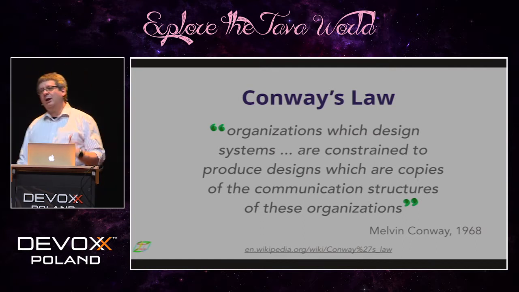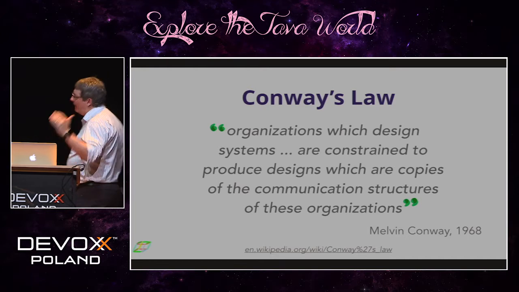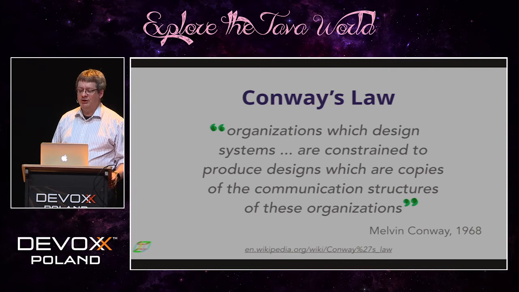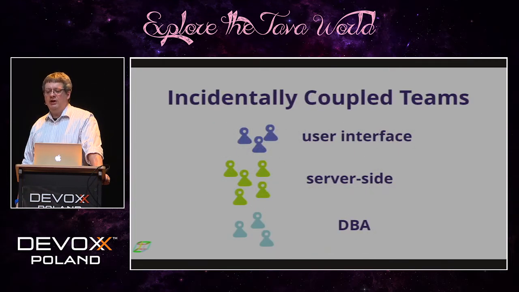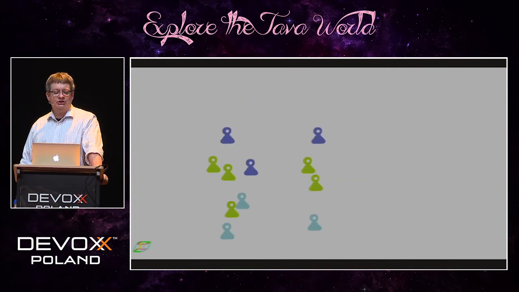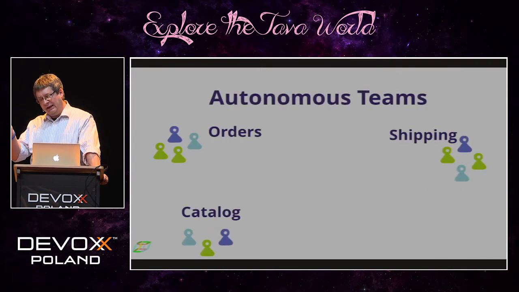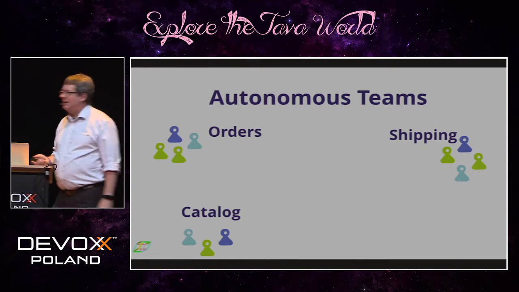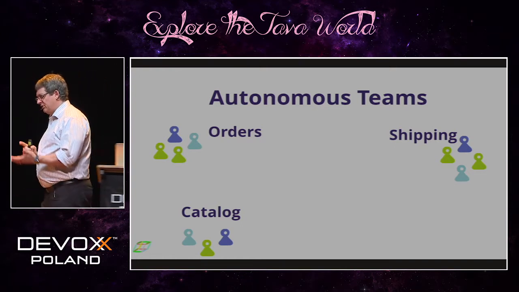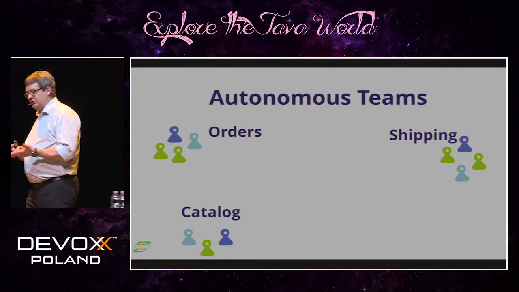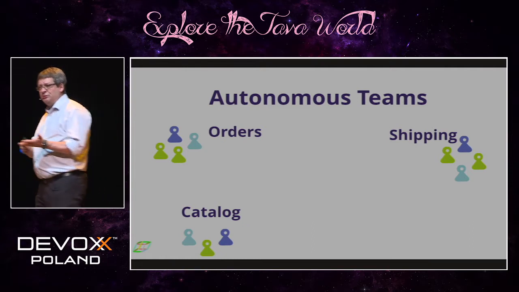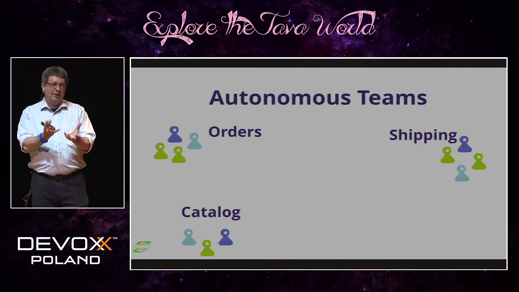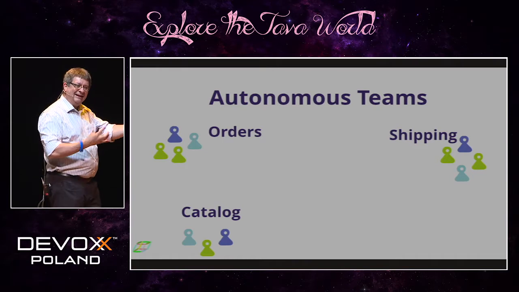This is talked about a lot in the microservices world because we're not building layered architectures in microservices, we're building domain-centric architectures. And so the more common way to organize your teams in microservices is around those domain entities and build cross-functional teams. And so the idea is that catalog will have business analysts and developers and a QA person and a DBA and an operations person on it. Every single person that is needed to build catalog and put it live and maintain it is on this catalog team.